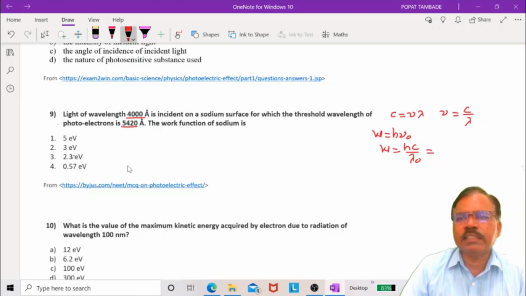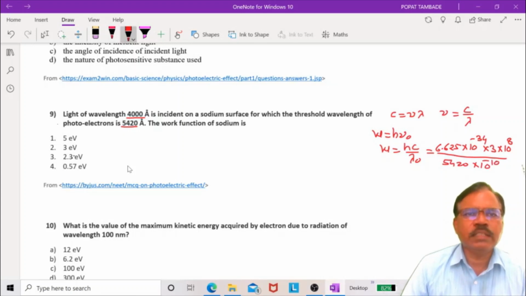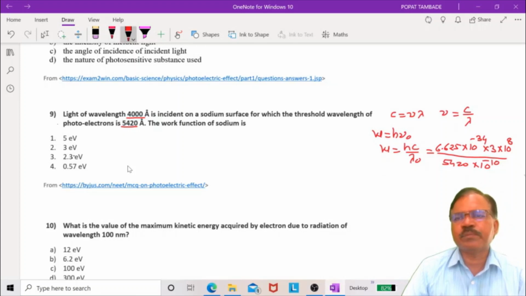So I can take this as 6.625 into 10 raised to minus 34 joules second, that is h. c we can take 3 into 10 raised to 8 meter per second, divided by the wavelength, that is 5420 into 10 raised to minus 10 meter. It is given in angstrom unit. So if we calculate this, we can get